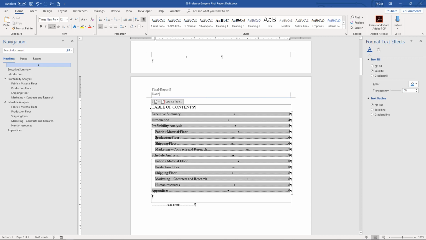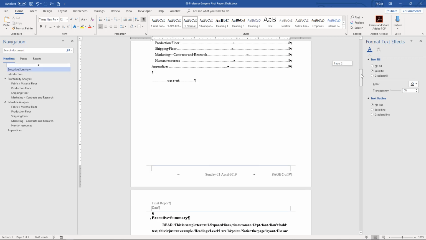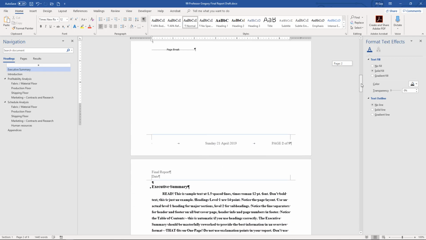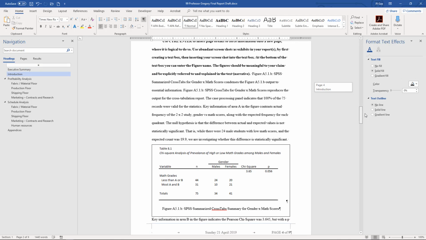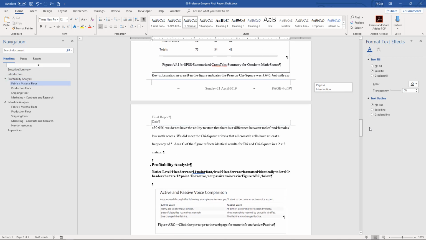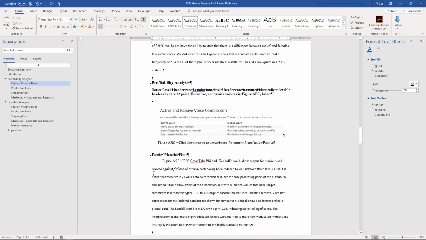This is a nice, clean kit we're looking at. This is a nice document right now. This shows you a nice outline for the Kibbe and Strand. If it's another course we're looking at, then make a good outline ahead of time and figure out how you're going to do that. Okay. So we have executive summary, an introduction, profitability analysis, and we said we have this level 1 here. We have a level 1. Level 2. This one up here is level 1. This is level 2 because it's